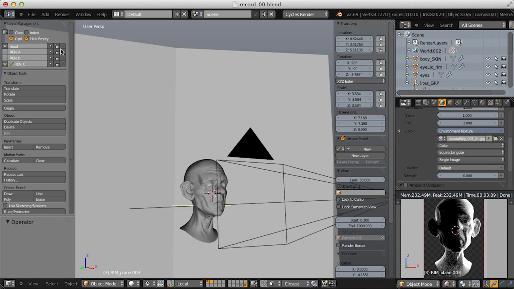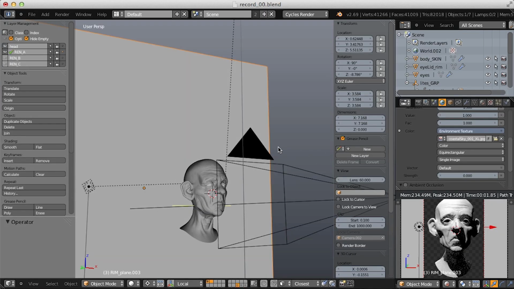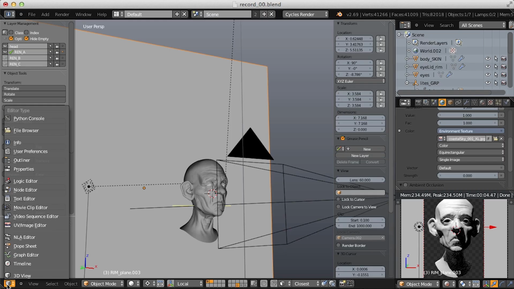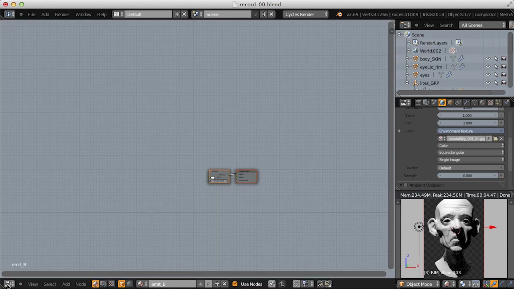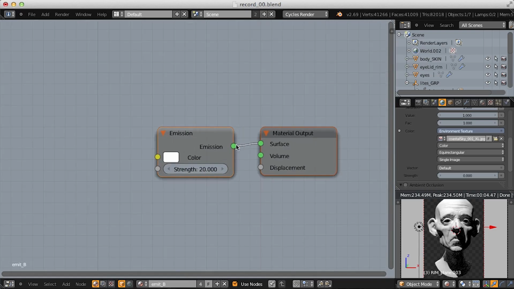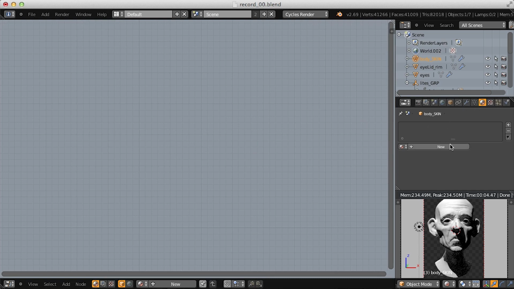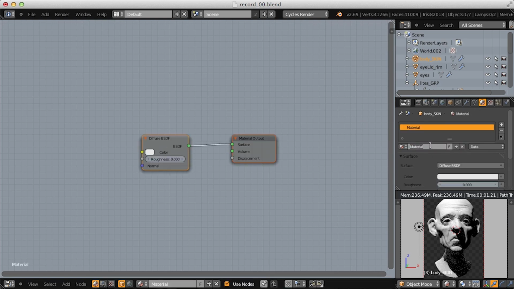So I think I'll start with scenario A, just because it's a little bit more neutral and standard. And let's get started building materials. I'll switch my 3D viewport to the node editor with the N key. And right now I have one of my cards selected, but if I select my head geometry over here, we have no material associated. So let's create one, and I'm going to call this